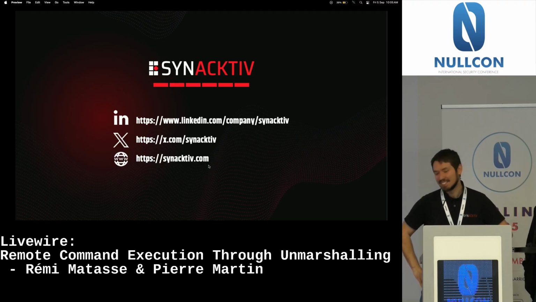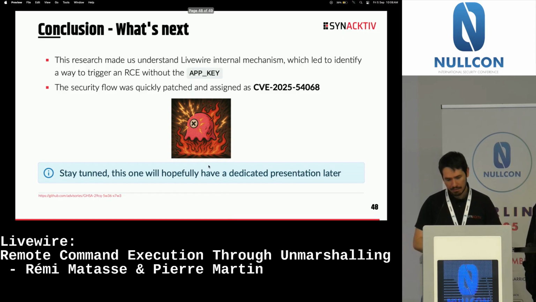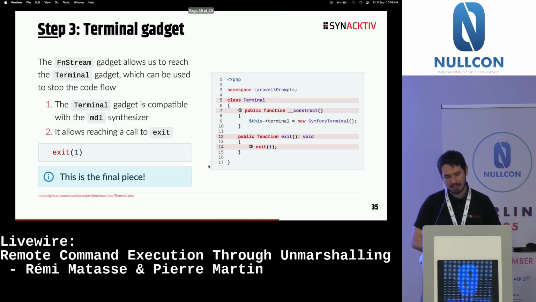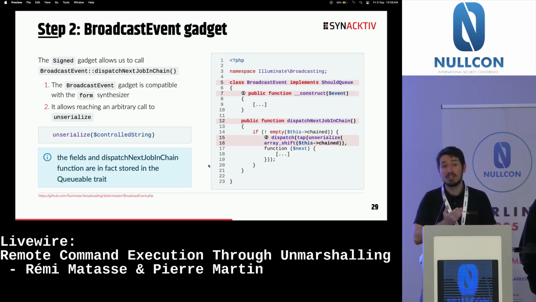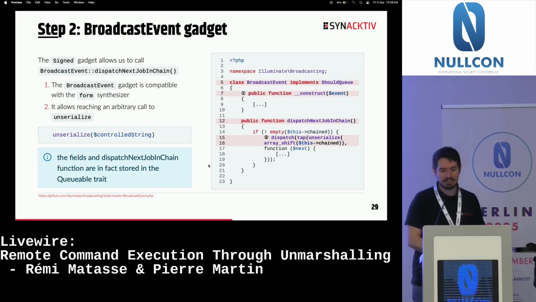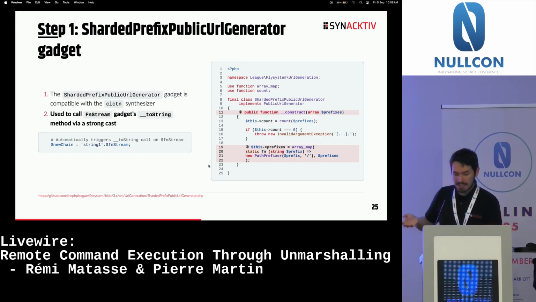We did use some really fancy tools like grep or xdebug, but we did not really automate the whole process because there were so many edge cases. For example, as we showed, you need to have some particular constructors, and there were so many restrictions on it that we don't show all the code after the construct, but many times it does trigger an error which breaks all the gadgets. So we cannot just base ourselves on the constraints on the constructor for each function, because sometimes something will break something inside the whole process, and so we really had to dig into each class to see